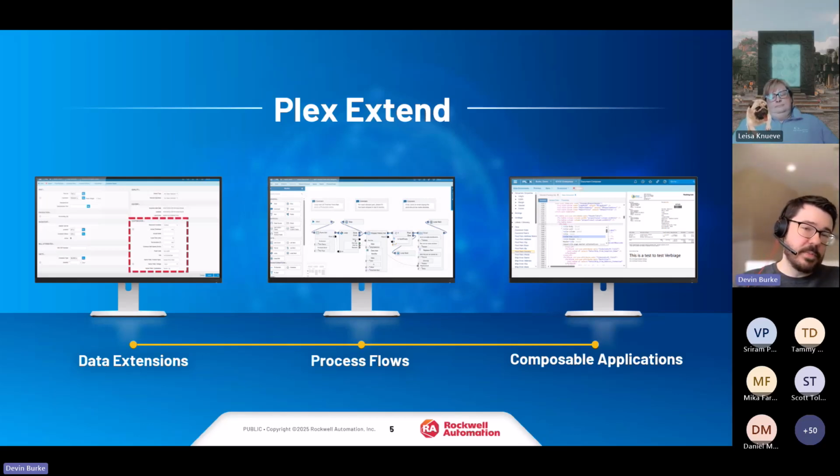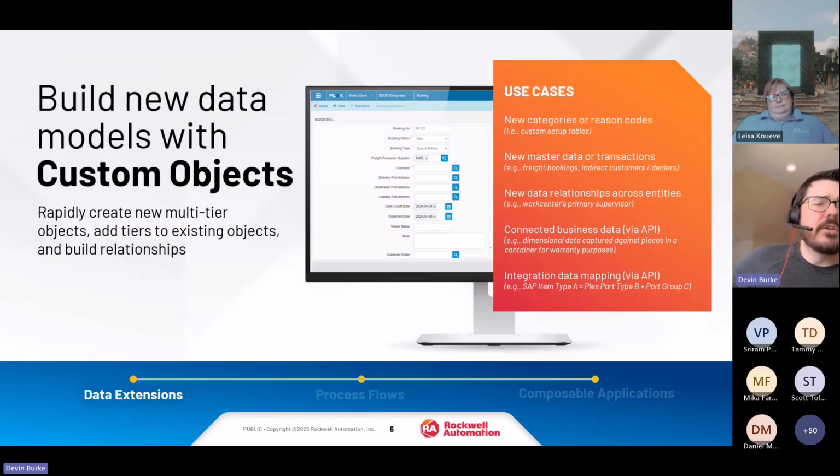And then the third pillar, which is the one I'm really going to speak to, is composable apps. There's multiple things that go into this third pillar, but one of them is making your own custom applications within VisionPlex. So that's the one I'm really going to speak to here. We already released this capability, I think, about 9 months ago or so, to make